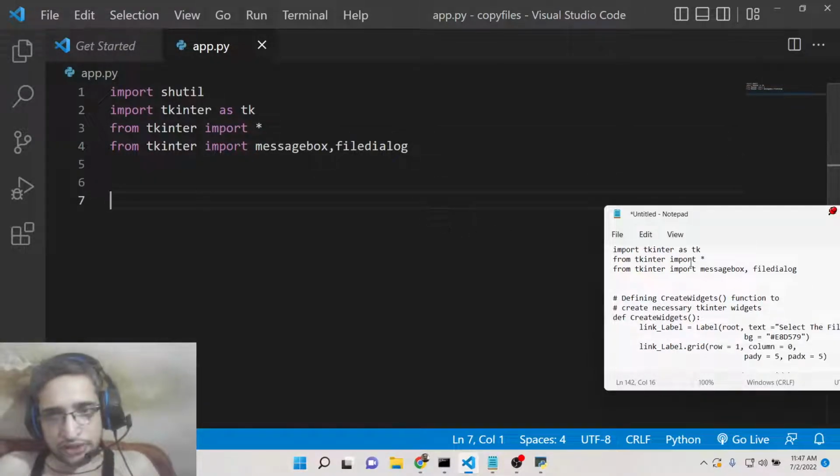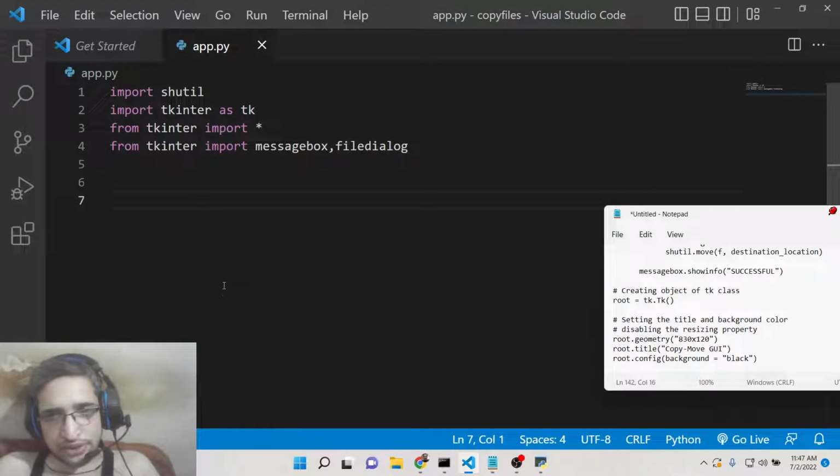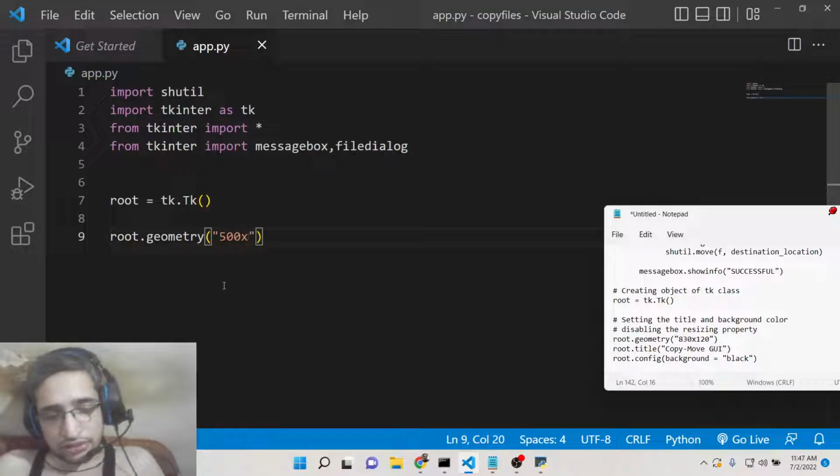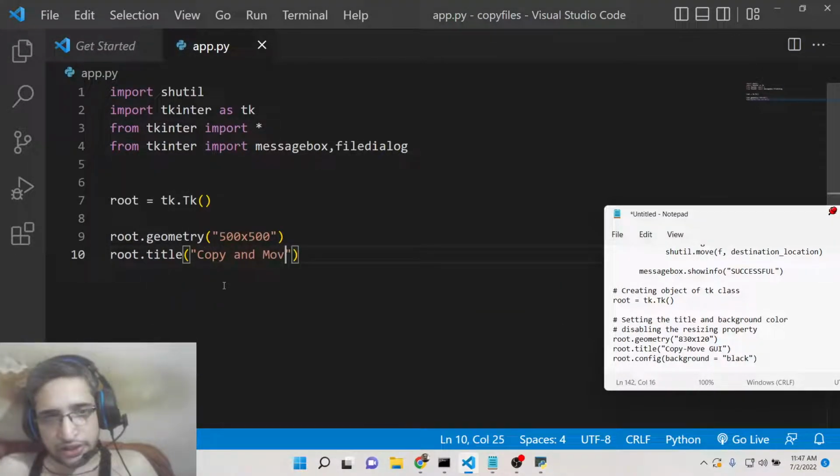So now we need to create a window, guys, for our application. For creating a window, we will make use of Tk like this. This is a function. Then we will set the geometry using the root.geometry function, and here we can provide any width and height, so 500 by 500. You can give the title to the window. Let's suppose, copy and move files,